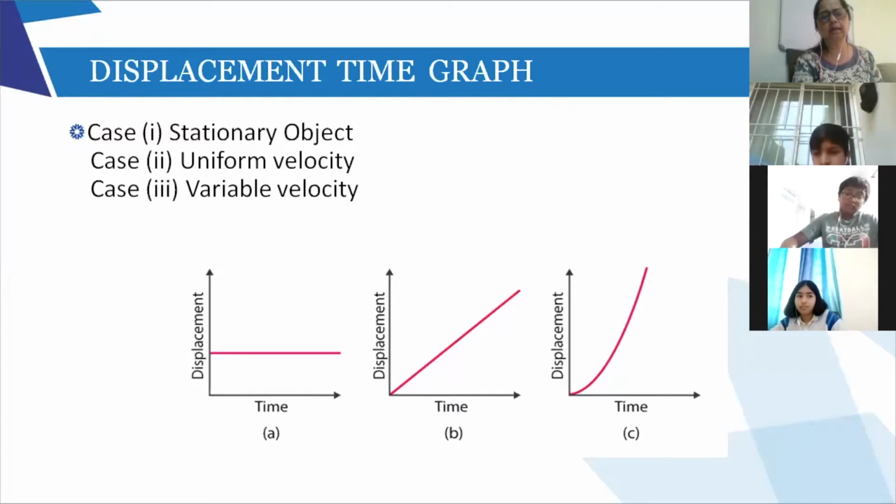So this is the displacement time graph for uniform velocity. Then next, variable velocity. This variable velocity will be a curved line. It is not a straight line. It is a variable velocity. It comes like a zigzag kind. So when you join all the points, it is a curved line. So remember the three displacement time graphs: stationary object, uniform speed or uniform velocity,